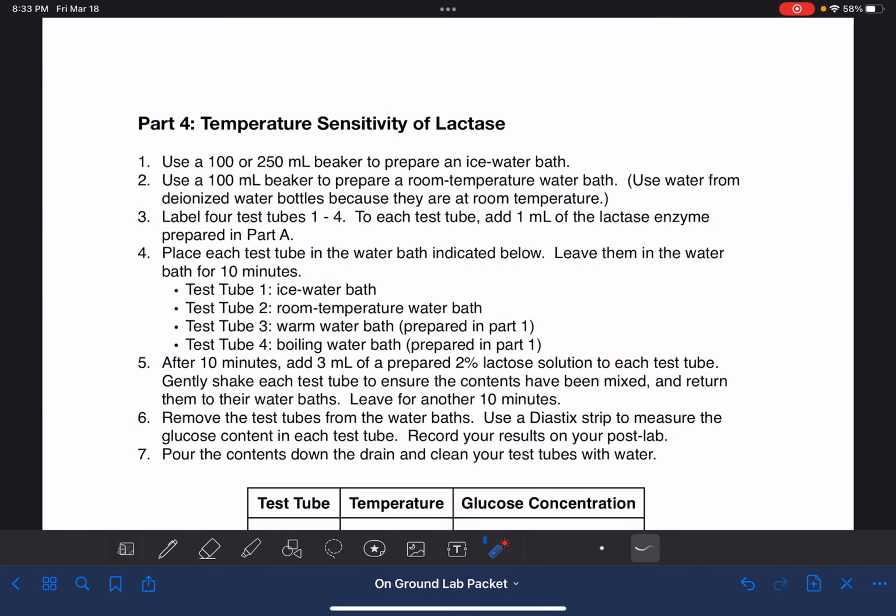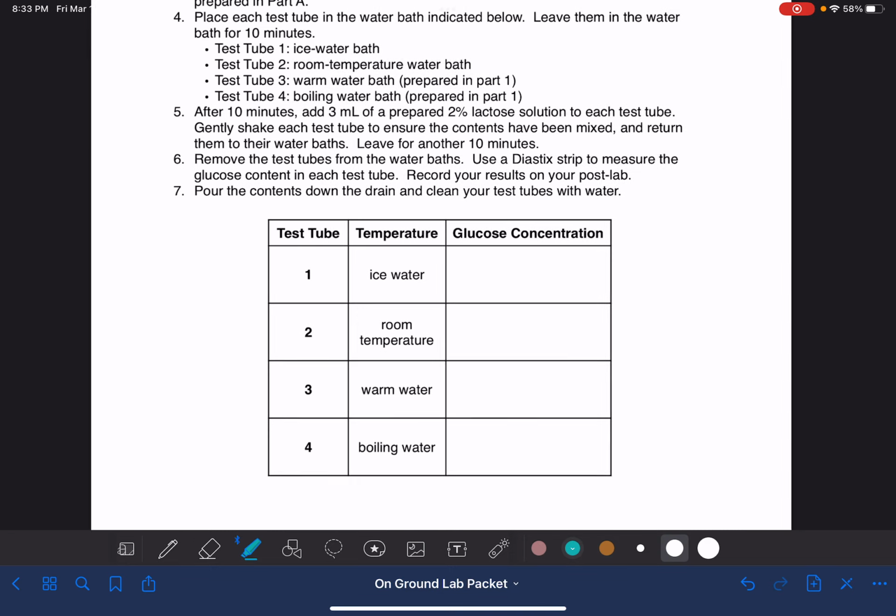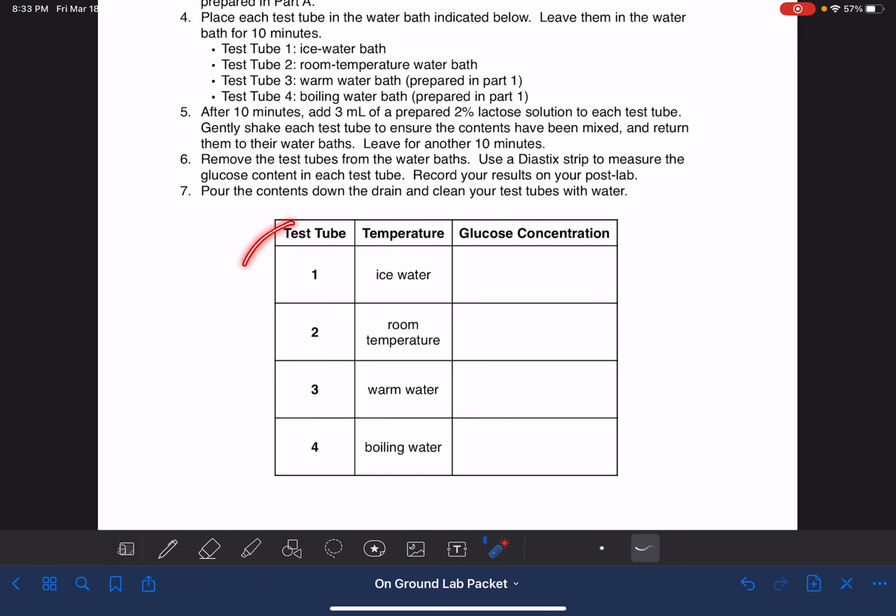Then we're going to take a look at how temperature affects lactase. You will be performing this experiment under 3 different temperatures: ice water, room temperature water, warm, and boiling water. Same kind of thing. You'll be working with just the lactose solution. You'll put the lactase enzyme in there. You'll use your little test strips to figure out how much glucose is present in each one of these different